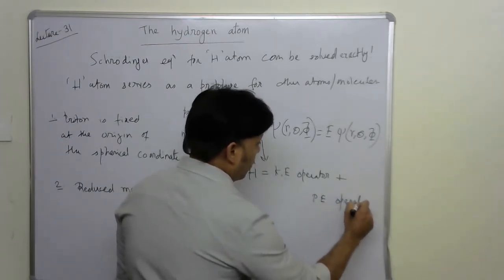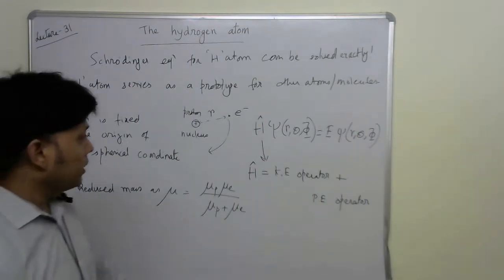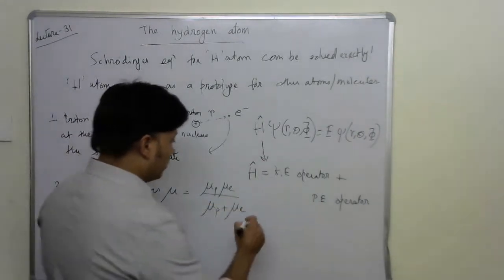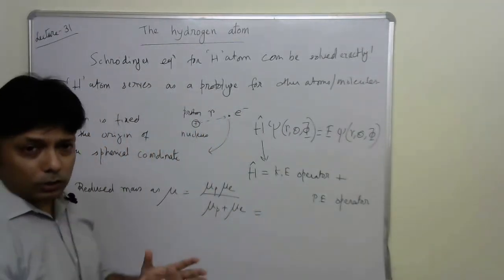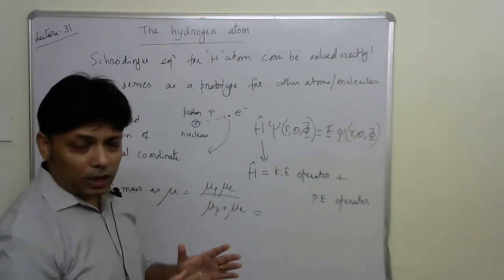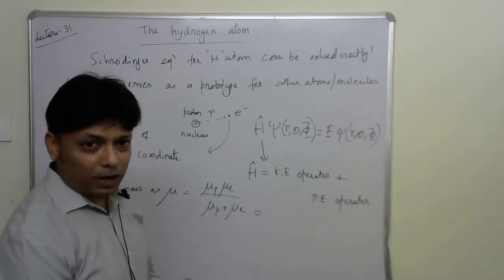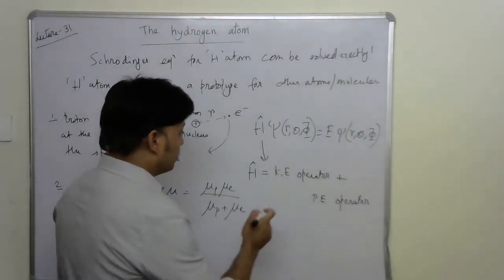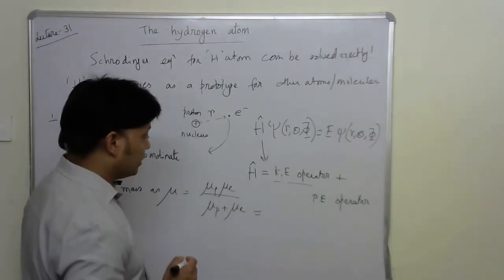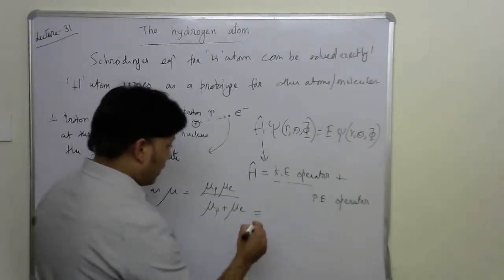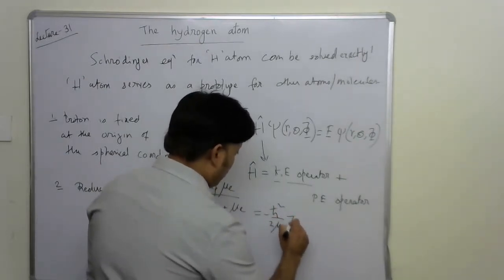So this comes from our basic understanding of the Schrodinger equation. So the question is, what is the kinetic energy operator here? We know that the kinetic energy in one dimension is minus h cross square divided by 2m, times d2 psi dx2, right? Here, remember, this is a three-dimensional system using spherical coordinates. Therefore, we are going to write H as minus h cross square divided by 2 mu, and we write